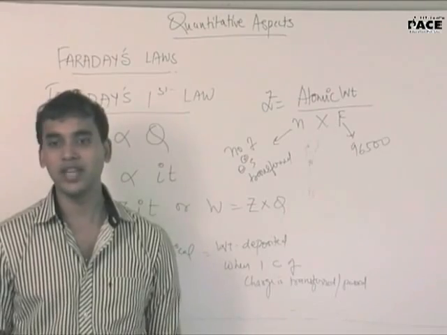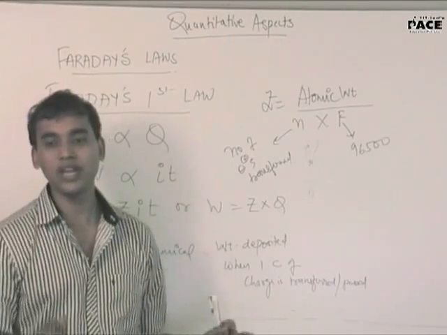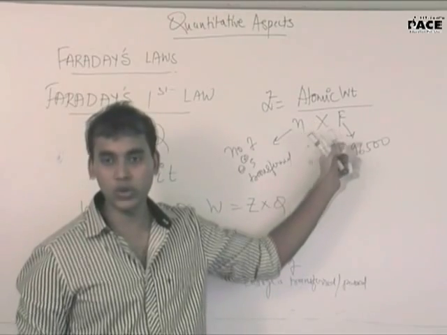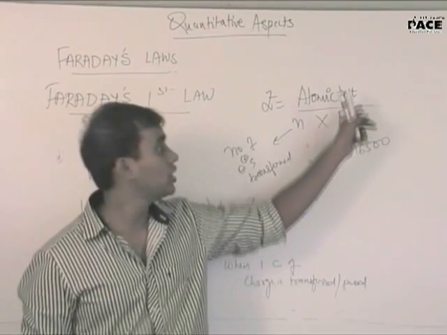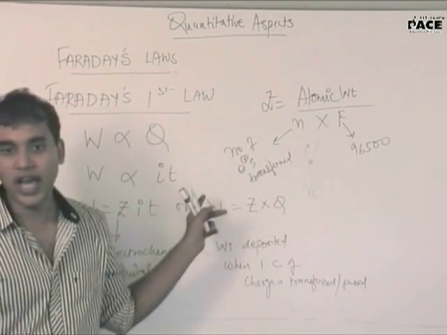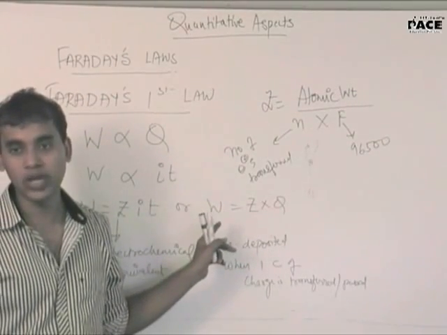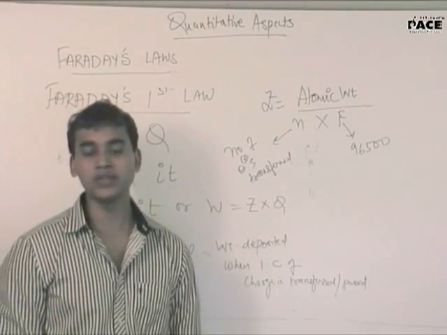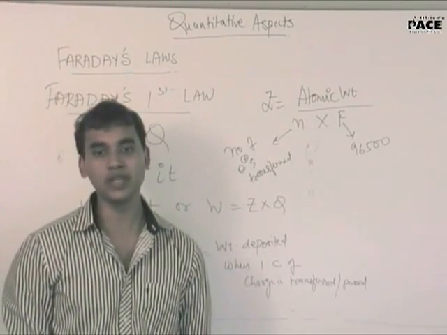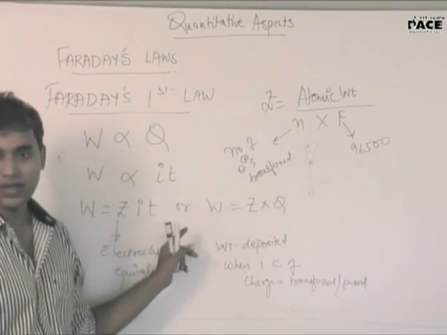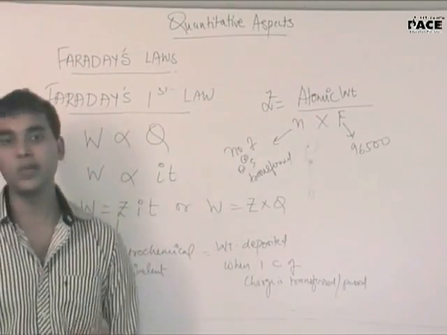Calculate Z. In that case you can do, or calculate the weight deposited. So you know Z. You know n equal to 2, you know F equal to 96500. You know the atomic weight of copper is 63.5. I have given you current, which is equal to 2, and time equal to 3600. So the charge will be 2 into 3600, which will be equal to 7200. So I know all these terms, so I can calculate the weight of copper deposited.